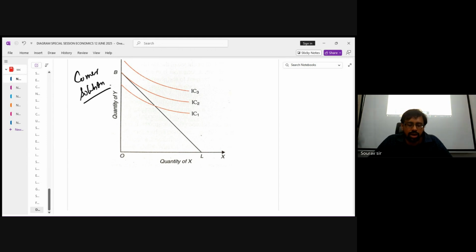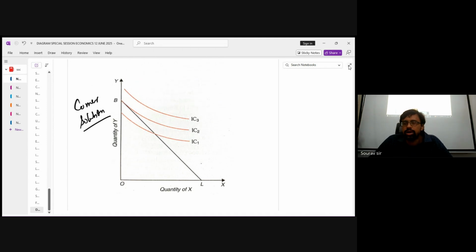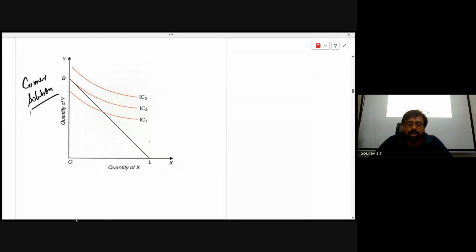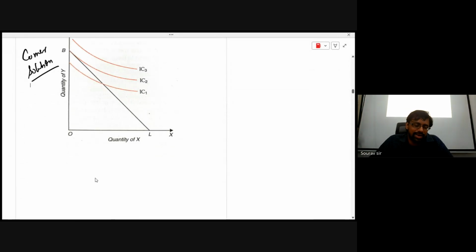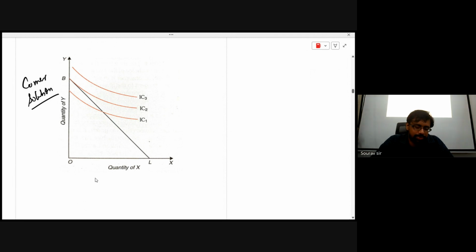Corner solution में क्या होता है? जहाँ solution एक corner में रहता है. यहाँ का कंज्यूमर को क्या पसंद है? ओनली वाई। तो जब कोई कंज्यूमर पूरा का पूरा खर्चा कोई एक प्रोडक्ट के ऊपर कर देगा, तो उसे हम लोग क्या कहेंगे? कॉर्नर सॉल्यूशन।